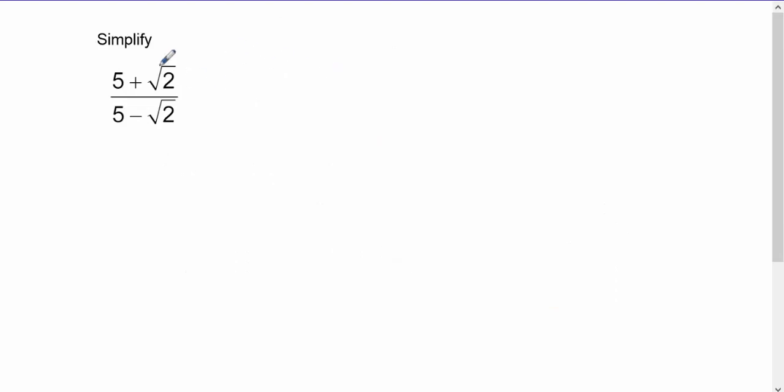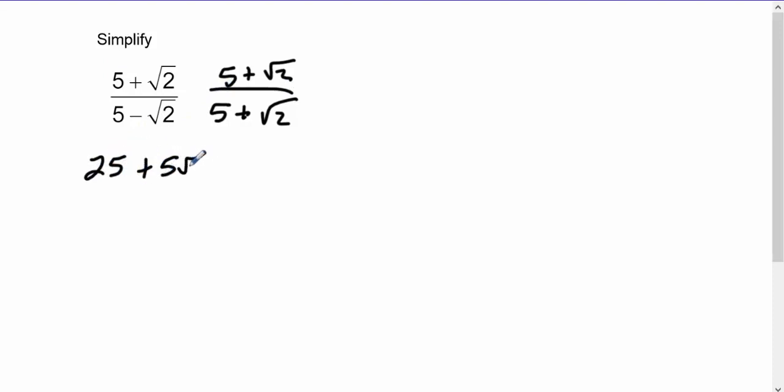So this is the same situation with the exception that we've got two terms on top, but we still have that binomial down on the bottom. We're going to rationalize by the conjugate of the denominator, which just so happens in this case to be the numerator. Won't always be. FOIL the top and bottom, so this is 25 plus 5 root 2 and another 5 root 2. And I'm just going to make this a 2